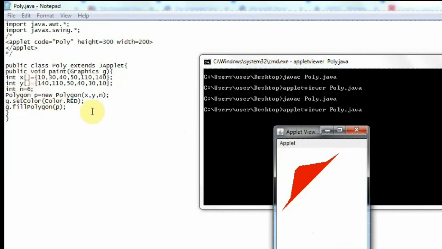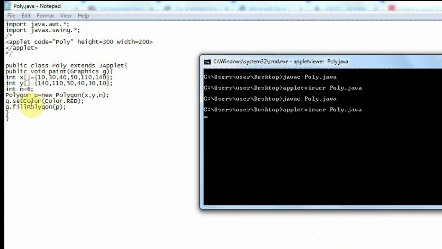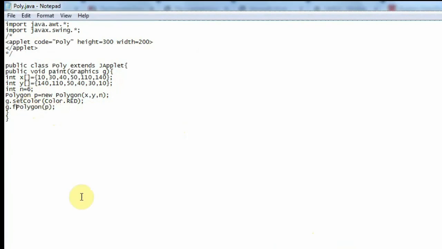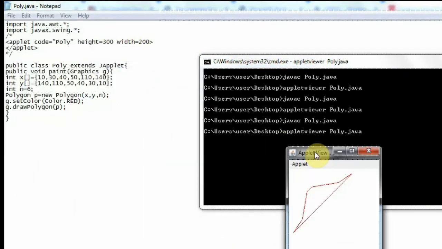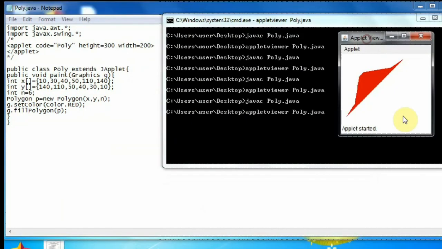So you can see friends, I have used another method to create a filled polygon. Okay, in a similar way I can use the same kind of code for drawing the polygon also. I can pass the instance of the Polygon into drawPolygon. Instead of passing x, y and n, I am passing the instance of the Polygon. So you can see friends, we have created a polygon here. So these are the two methods through which you can create